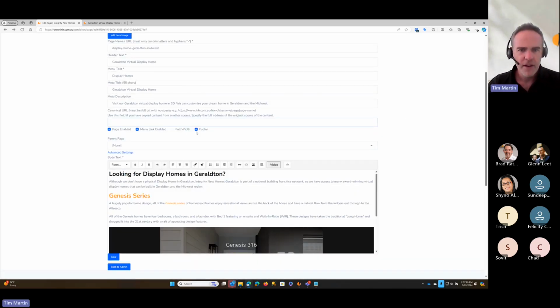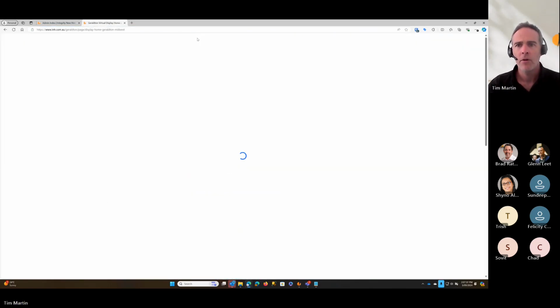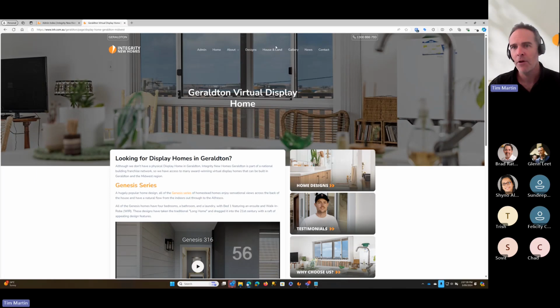Okay, so I've got some options here. Page enabled. So we'll just go through those and save those for a second. If I untick that one, I'll save that change. Refresh that page, you'll notice that that menu option there has totally disappeared. There's no display homes option in the